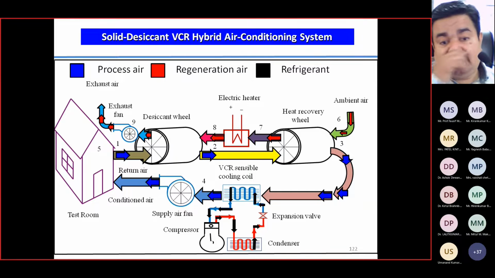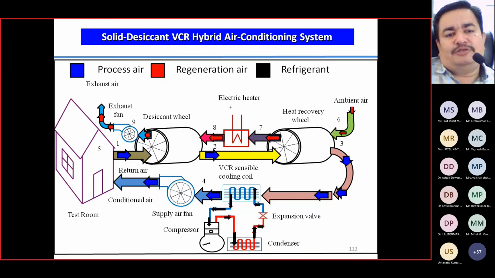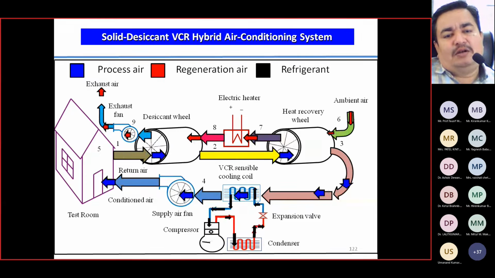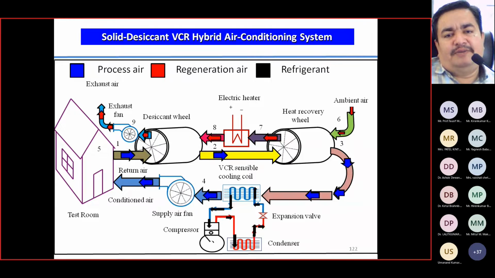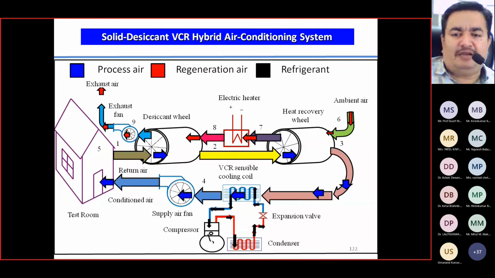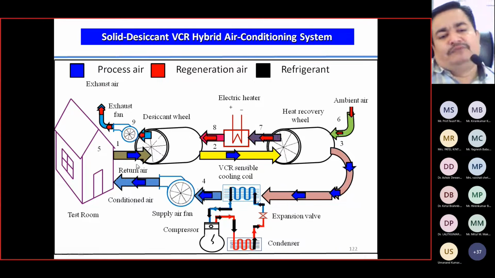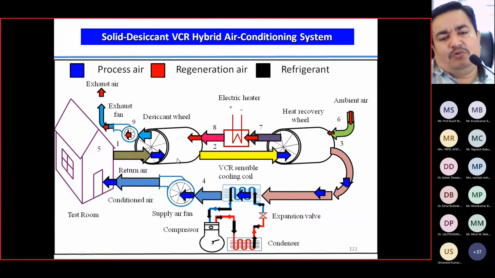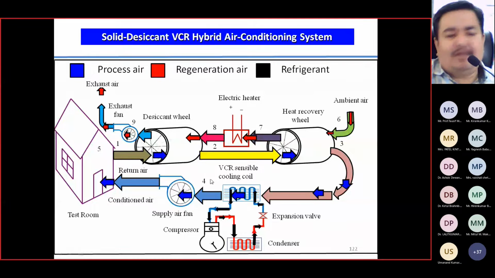This is the simulation diagram for the solid desiccant hybrid cooling, using different colors. Blue represents the process air, red represents the reactivation air, and black represents the conventional flow of refrigerant in the VCR cycle. First of all, at state point 1, humid air from the room is taken in for dehumidifying. Then it passes to the heat recovery wheel, and at state point 4 it is conveyed back to the room